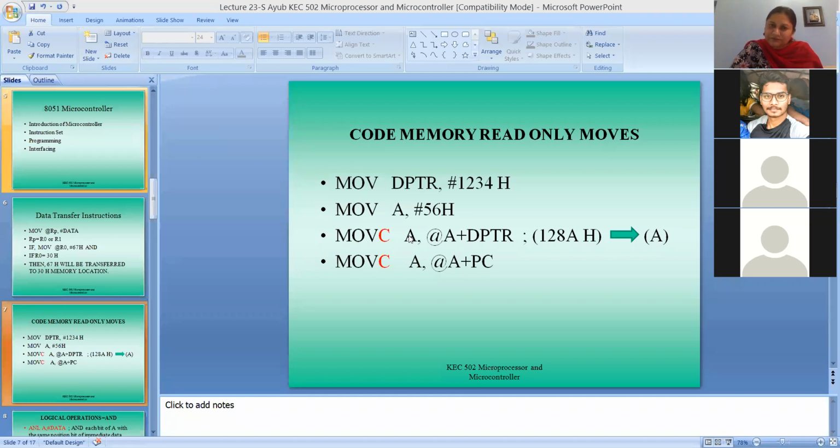Is it clear now? Is the application, or the use, of this particular instruction clear to you? Yes, ma'am. So that's why we do not take DPTR directly, because if you take DPTR directly, then we have to know the value of DPTR. And if you know the value of DPTR, then there is no point in going into the temperature conversion process, because then you cannot convert the unknown parameter. So we do this because we want to give the digital value for the unknown parameter.